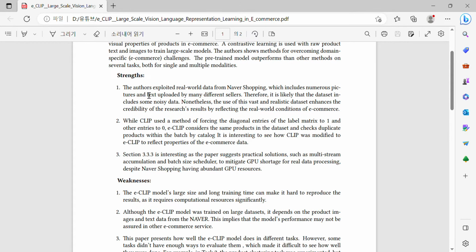Strengths. The authors exploited real-world data from Naver Shopping, which includes numerous pictures and text uploaded by many different sellers. Therefore, it is likely that the dataset includes some noisy data. Nonetheless, the use of this vast and realistic dataset enhances the credibility of the research's results by reflecting the